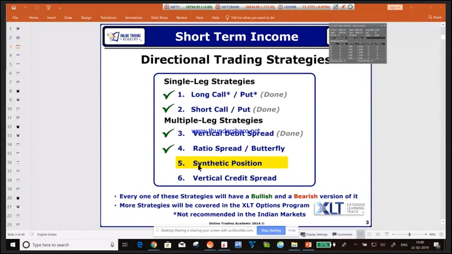So before talking about synthetics, I want to go directly to vertical credit spreads because they are much more important as a strategy as compared to synthetic positions. All right, so let me just